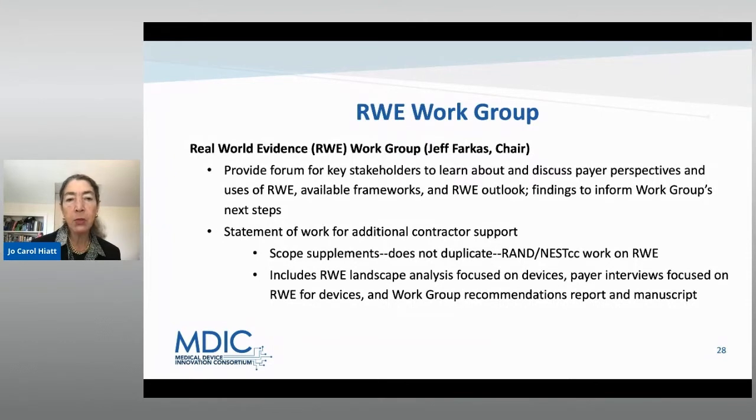And the Real World Evidence Work Group is the sponsor of today's session, and working to enhance the use, acceptability, and incorporation of real-world evidence. Those of us that have spent time in the health technology assessment area know that clinical trials and double-blind randomized clinical trials, which are the gold standard, do have some gaps in what they can really accomplish. Things change once a technology is in a different environment with different populations, different providers.